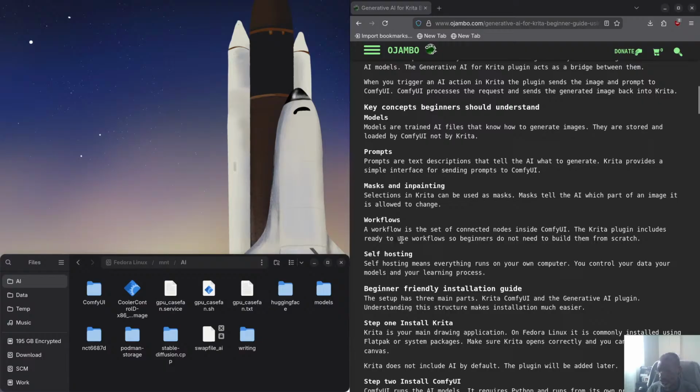So this workflow is basically the workflow in ComfyUI, for example. It's a bunch of connected nodes, and they do things. The Krita plugin includes ready-to-use workflows, so beginners don't need to build them from scratch. If you want to build them from scratch, you can, but you don't need to. And today we're not going to build anything from scratch. We're just going to tweak one, just to make it a little bit faster,